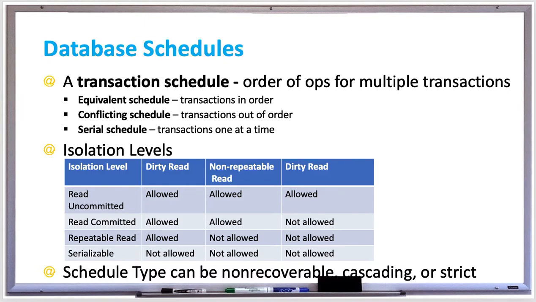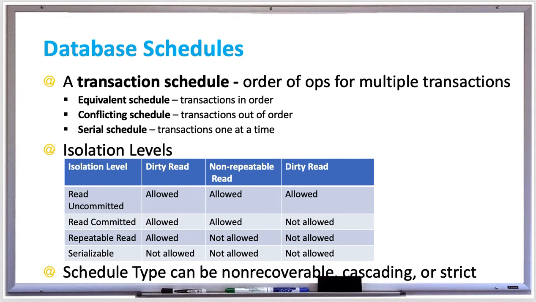When there are two reads, the outcome is not affected. There are equivalent schedules where the transactions are in order, so they contain the same transactions with every conflicting operation and in the same order, and they always produce the same results. Then there's conflicting schedule where the transactions are out of order. This means that they contain the same transactions with some conflicting operations in different order, and they may produce different